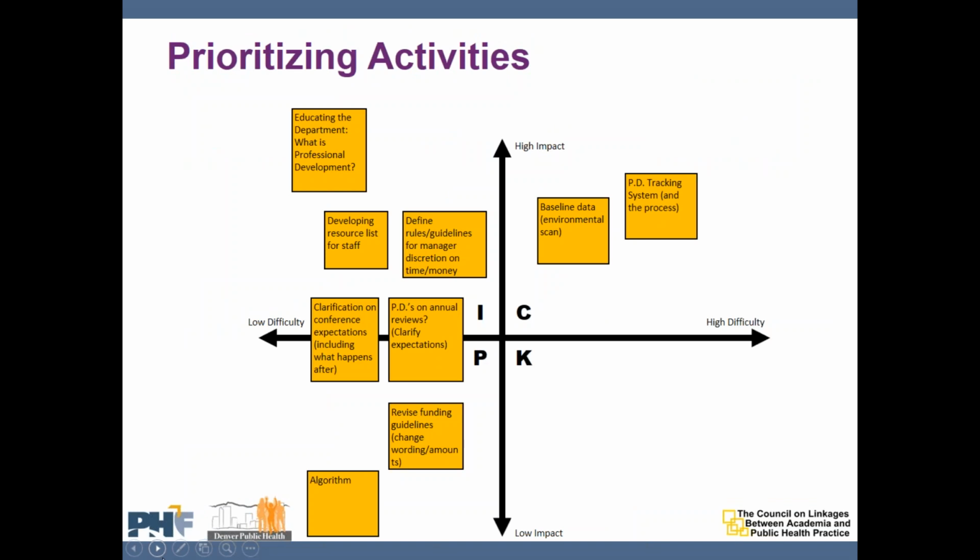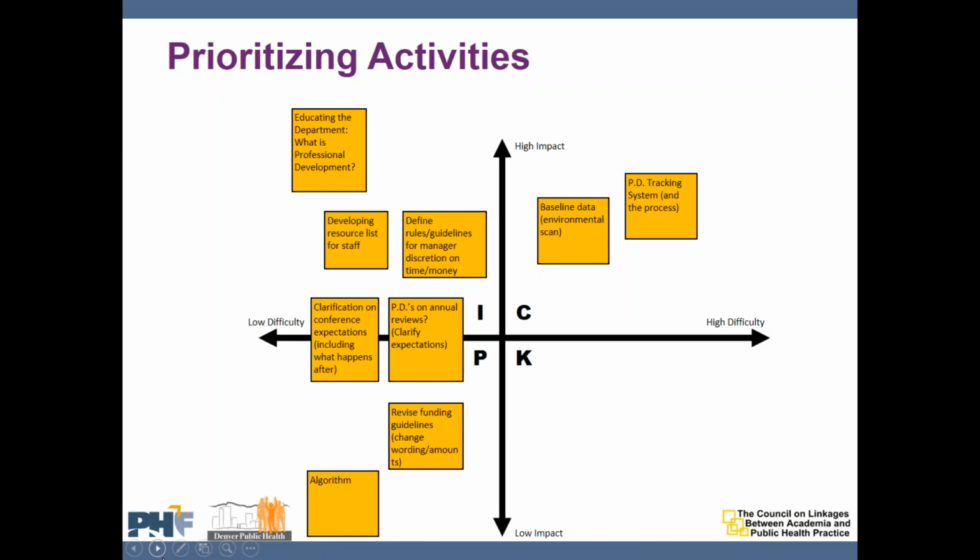improvement prioritization tool that helps teams organize and identify thoughts and create action plans based on how easy an idea would be to pull off, plotted against how much of an impact it would have. So the PICK, the P-I-C-K, stands for possible, I is for implement, C is for challenge, and K is for kibosh. And it's really those ideas that end up in the I box. Those are the ones that you want to focus your efforts around because they'll have the highest impact theoretically with the least amount of difficulty.